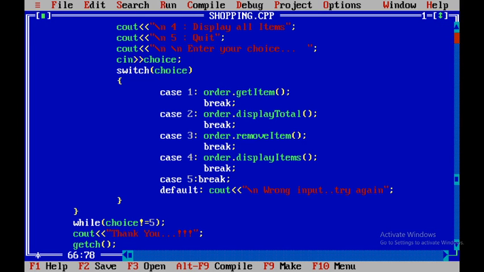If the user has entered choice number 2, that means the user wants to display the total cost of the purchase. For that, we call the order dot display total method. Display total is the method, and order is the name of our object. So the statement is order dot display total.